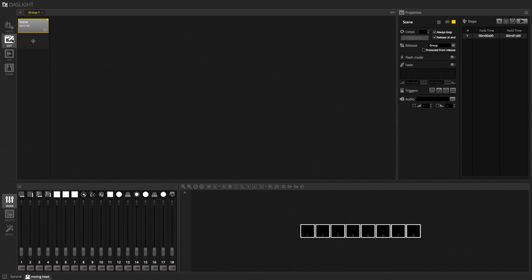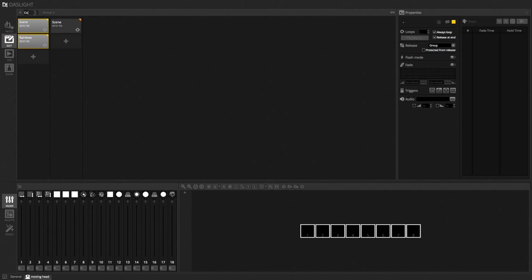Okay, so as we saw in the introduction tutorial, scenes are listed in columns. So we can create a new scene here. We can give it a name. So we could call this one Rainbow. And scenes are also inside groups. So to create a new group, we can click here. So for example, group 1 could perhaps be color effects. And group 2 could be